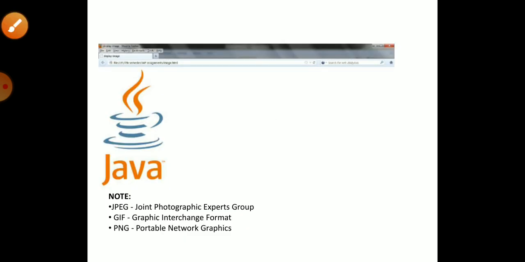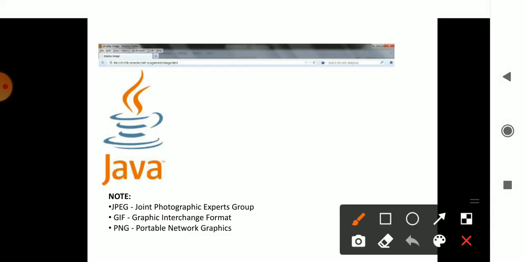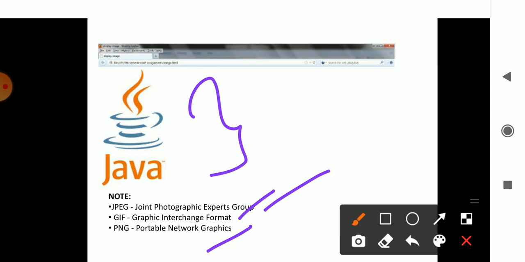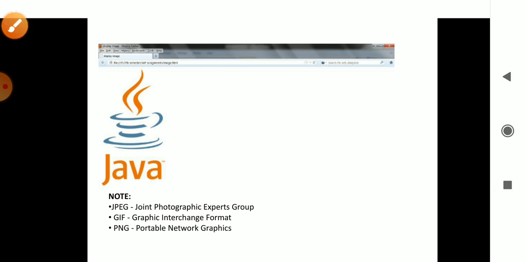So here you can check out, this is the output you will be displayed with the image here. We had taken the Java source file, and it will be displayed on the screen. Any other file it will display on the screen with the image. And remember, there are three formats of the image. One may be JPEG, that is Joint Photographic Experts Group, or GIF, that is Graphic Interchange Format, or the PNG format, Portable Network Graphic. These three formats of the image are said to be present.